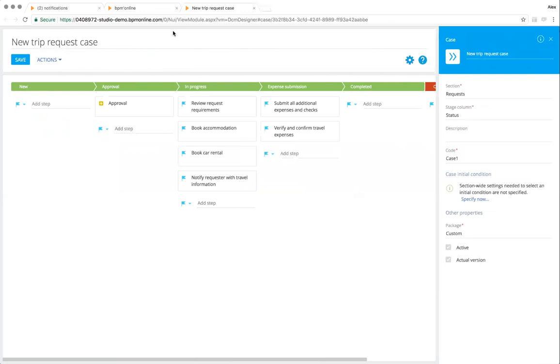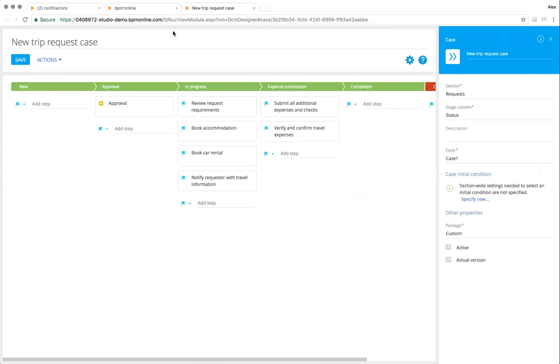I'm not sure how familiar you are with the dynamic case management framework. I would probably suggest reading some documentation on it, right? But the idea here is that the dynamic case management approach says that very often the end users are operating in a very unstructured environment that is either impossible to completely automate using a business process management approach, right? Or it is